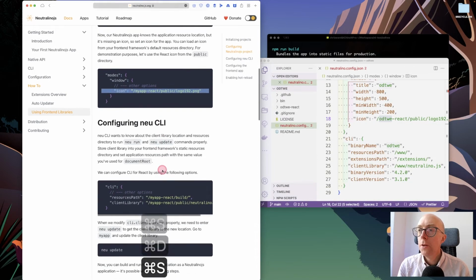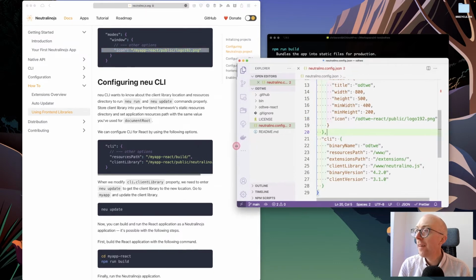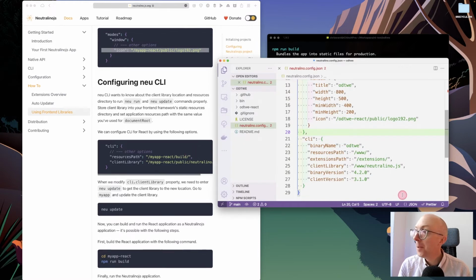Okay. Configuring NeuCli. NeuCli wants to know about the client library location and resources directory to run and update command properly. Store client libraries in your front end. For React using the following command. Good job I decided to go down the React path. So it will be, resources path will be,